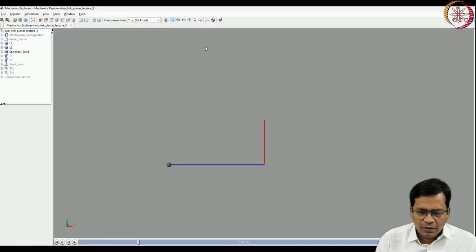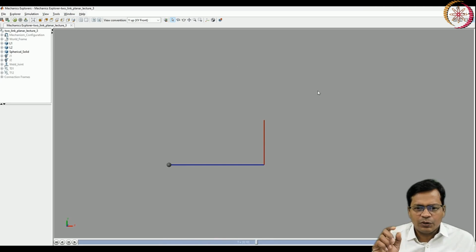So angles are minus pi by 2 and minus pi by 2. You see, for this particular pose, it is continuously calculating the joint torque, and it is fed to the robot joints. So exactly that much torque is available at the joint, and it makes the robot at that particular pose a stationary robot.